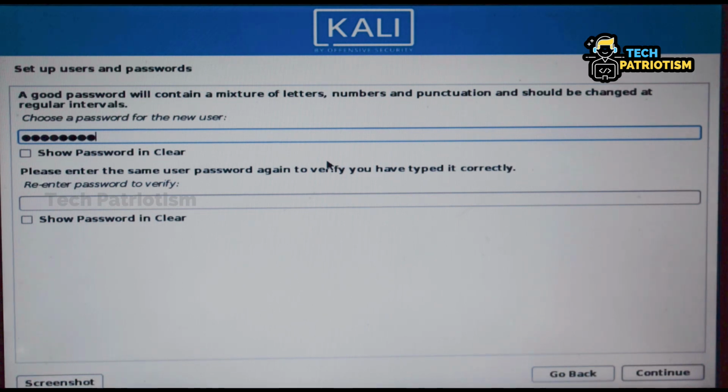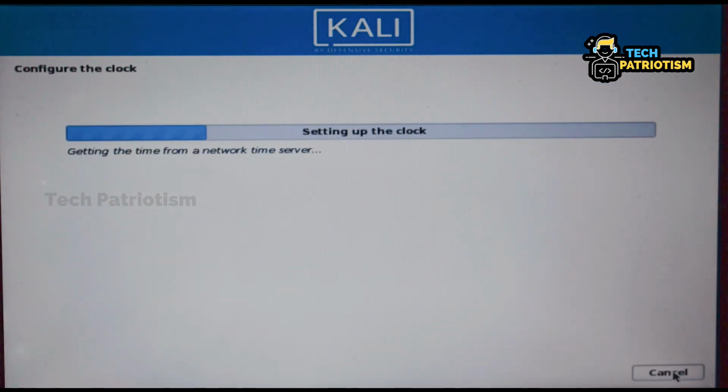After entering your password, wait for a few minutes. Then click continue. Now we configure our clock. Here we get into the most important part, partitioning the disk.